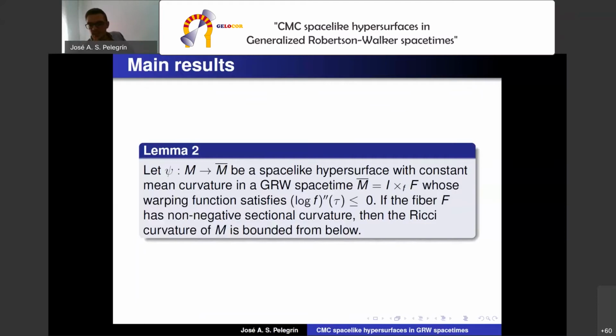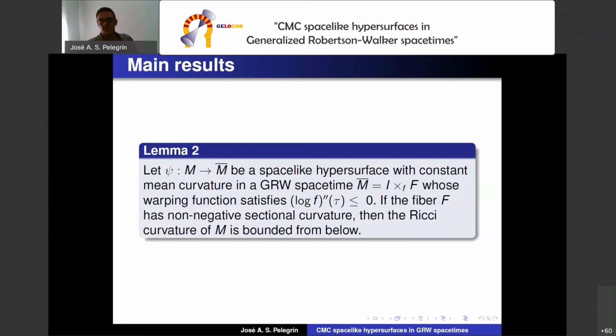Our second important lemma is the following one, which bounds the Ricci curvature of these CMC space-like hypersurfaces. It states that, given a space-like hypersurface with constant mean curvature in these spacetimes, if the warping function verifies that the second derivative of its logarithm, restricted to the hypersurface of course, is less or equal than 0, and the fiber has non-negative sectional curvature, then the Ricci curvature of our hypersurface is bounded from below. Okay, and we can see how these two lemmas